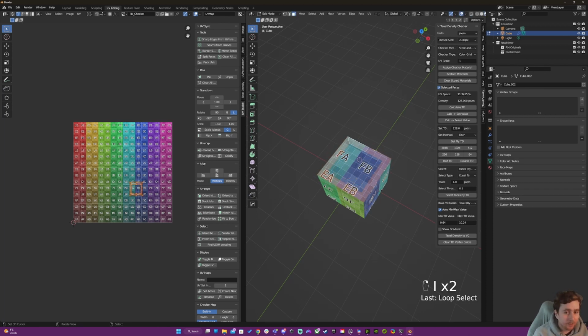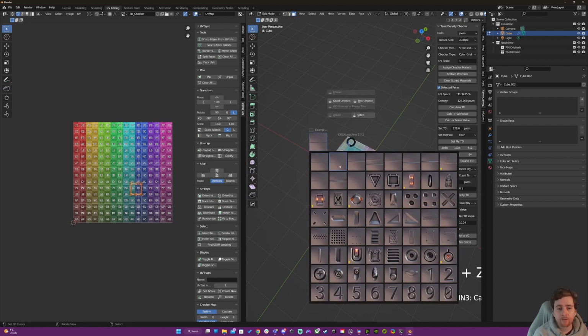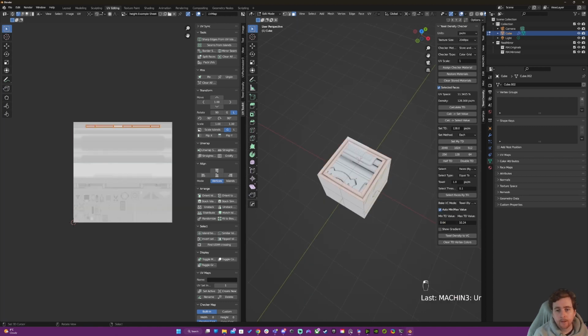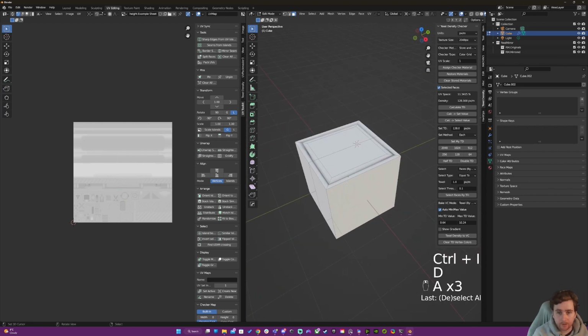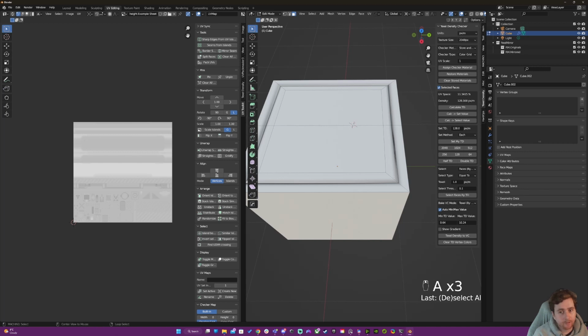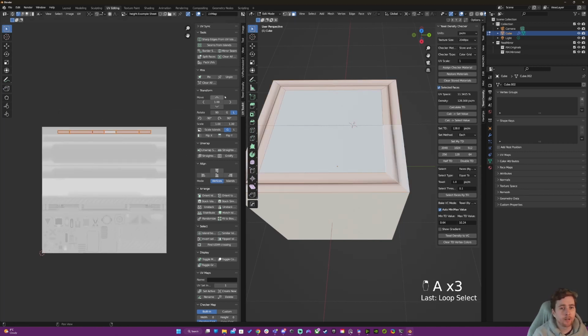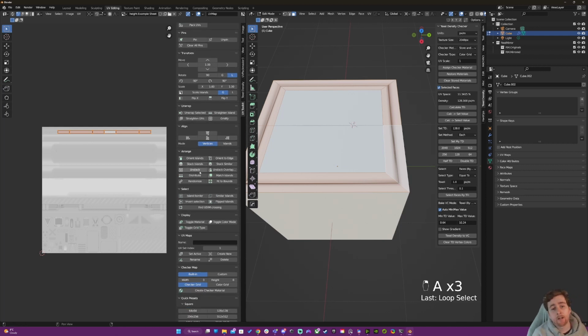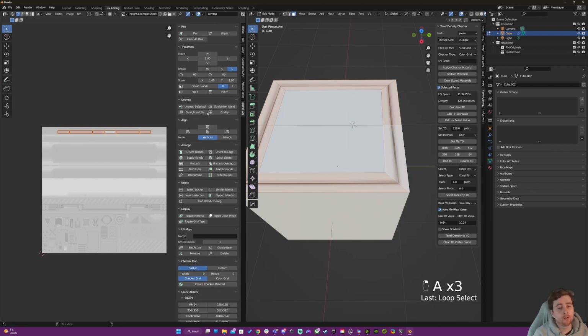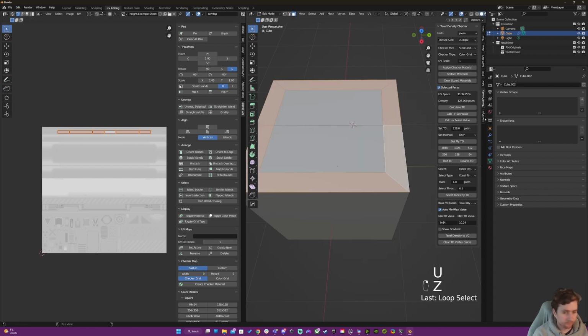I do have decal machine on here, so if I just press D and then unwrap this to my trim, I can just do that really quickly, and that's amazing. But we're not talking about that. If I wanted to do this sort of UV unwrap with a tool here, UV Toolkit, which I think is paid as well, but there's UV Squares, which is free, then I can unwrap this,